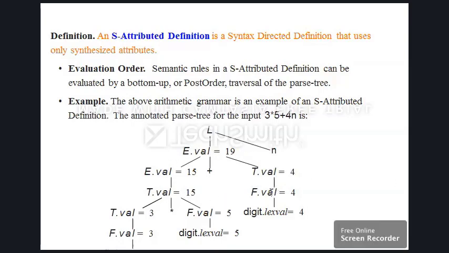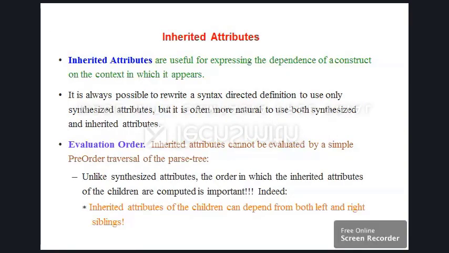All of the attributes that it was representing in the given example are synthesized attributes. None of the attributes is of an inherited type, and thus this entire example represents an S-attributed definition. Inherited attributes are useful for expressing the dependence of a construct on the context in which it appears.